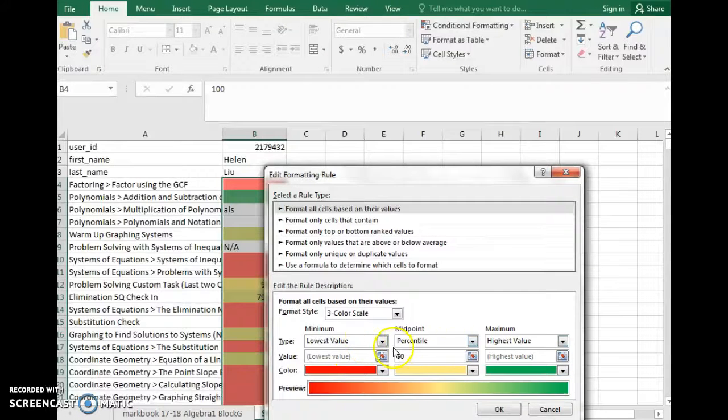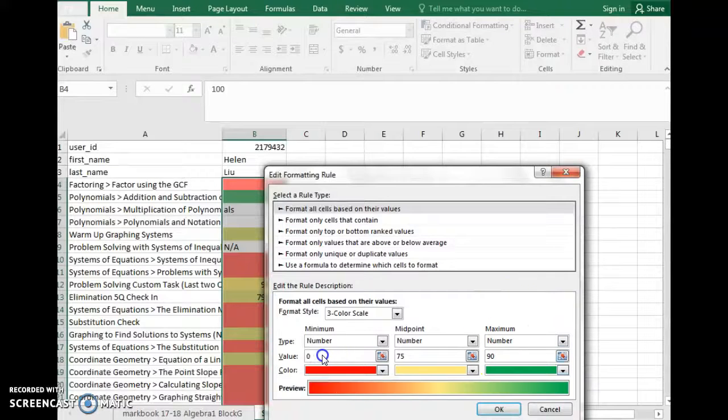And right now it's sorting by percentile, but if you wanted to get a better feel because you changed numbers to be something different, you could change it to number. And then it'll create a gradient of color based on those numbers. So in algebra, we set the average as a 75. That's really the target we want a good algebra student to be hitting. And if you're a good honors student, I would want you to be hitting a 90. So maybe I make that the maximum, that's the color I want to see in green